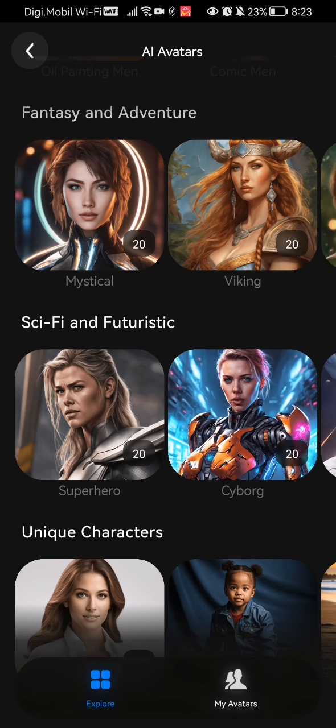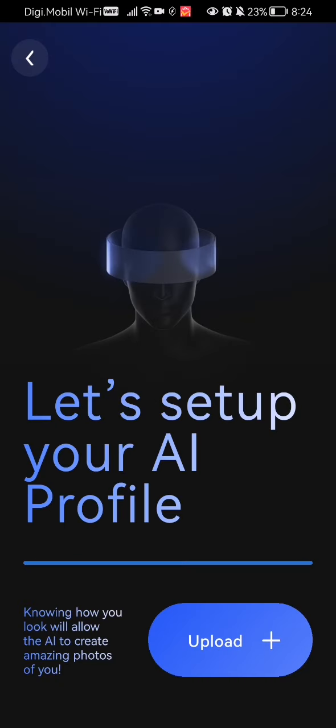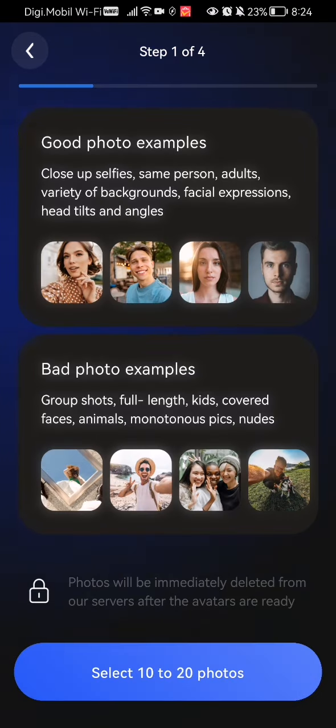Now if you look down, you can see right beside that the my avatars option. Click on that and here click upload, and you can see down below that you can select 10 to 20 photos. Like 10 is the minimum one, 20 is the maximum. And once you have pressed that, you can select 10 to 20 photos from your gallery or from your phone, and basically this app will transform those photos into avatars based on what style you have selected